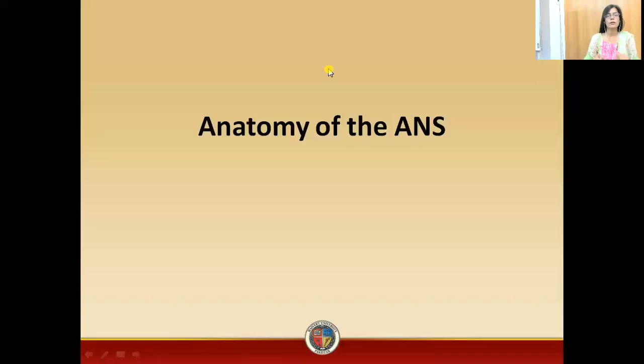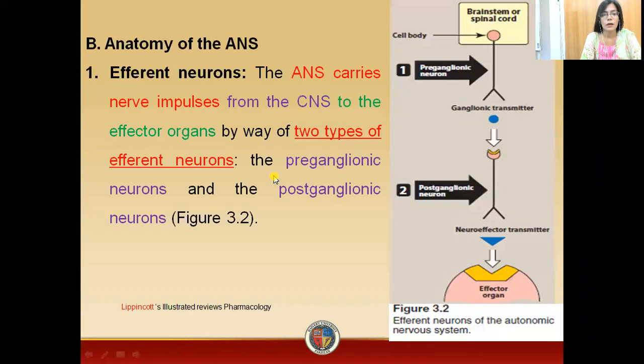Now students, we will study the anatomy of the ANS, that is the autonomic nervous system. In our previous lecture, we discussed what the autonomic nervous system is and what the divisions of the ANS are. In today's lecture, we will study the anatomy of the ANS. We already know that the autonomic nervous system basically consists of two types of neurons: efferent neurons